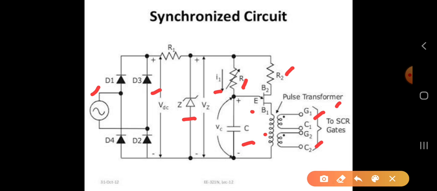So what happens? The capacitor discharges, the UJT turns off. And again the capacitor starts charging. As soon as the UJT turns off, the capacitor starts charging again. This mode of working of the UJT is called a relaxation oscillator. So for this we can give the name relaxation oscillator. Now the first triggering pulse which is generated in the half cycle of the positive supply of the AC is at the delay angle of alpha. So alpha I can use here as one angle, the firing angle, or I can say the delay angle.